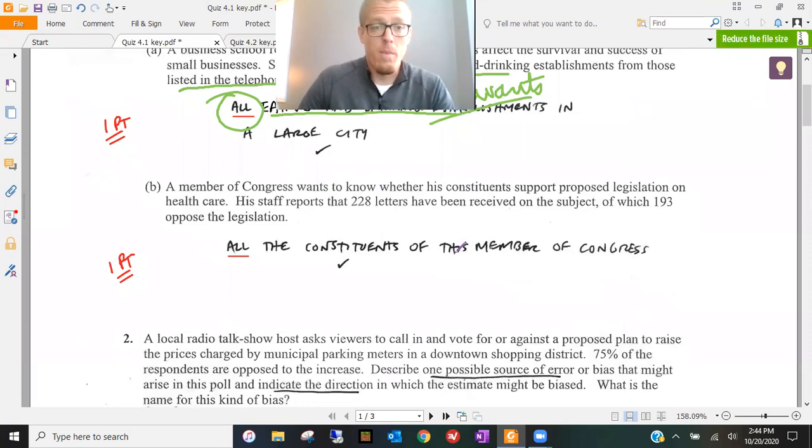All right, next one, a member of Congress. Again, a United States type question, but Congress is one of our governing bodies in the United States. Elected people go to Congress and they represent their constituents. So although these are not vocabulary terms, it is important to know what in the world they're talking about. Congress is just an elected position. Constituents are the people that you represent when you're elected to that position.